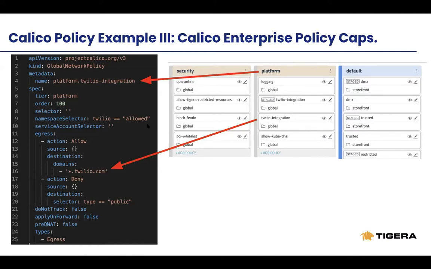Everything that you see here, you can download in YAML. So the YAML definition for this specific Twilio integration policy is, first of all, a global network policy. It's part of the platform tier. It has a very high order. That means it's going to be evaluated early on, and it's going to be allowing all the namespaces with the